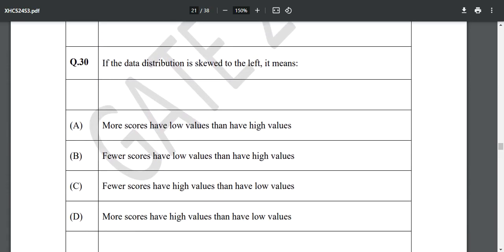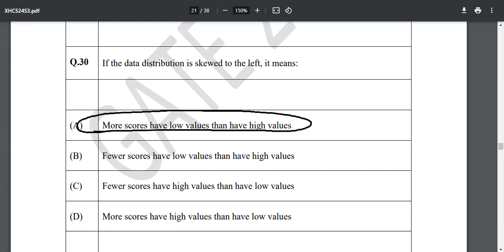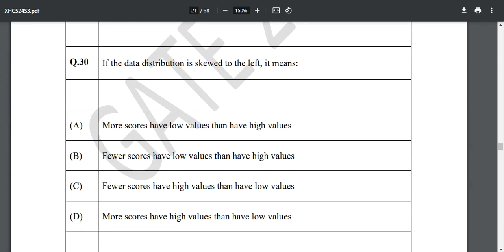If the data distribution is skewed to the left, it means more scores have low values than high values, fewer scores have low values than have high values, fewer scores have high values than have low values, more scores have high values than have low values. If our data distribution is skewed to the left,